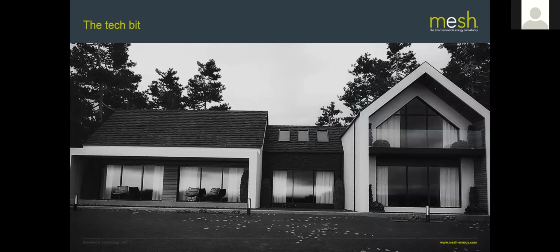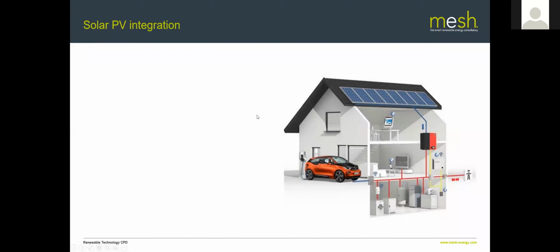Okay, so let's get a bit into the tech. We're going to look at some of the major parts. So here's a typical house. We've got our electric vehicle here. It's been charged from a little charger, or charging point. The charger is actually in the car. We've got some solar PV panels on the roof. They're generating electricity. We've got the grid feeding into the system, and then we've got a number of electrical appliances